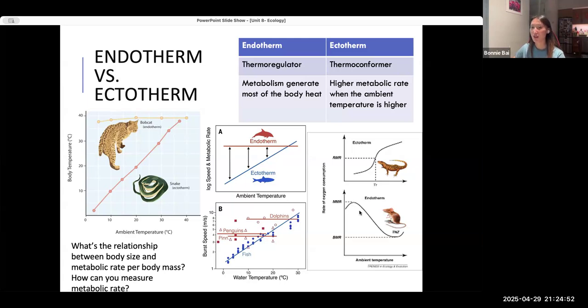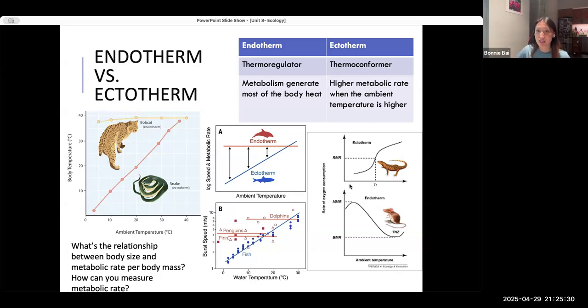We're looking at the metabolic rate, which is pretty important from previous units. Metabolic rate is how fast your body is working. How much are you putting out, and how are you able to measure that? You can measure the amount of carbon dioxide breathed out, or the amount of oxygen breathed in for most of these animals. Or you can measure the heart rate for anything that has a heart. So that tells you how much work the body is doing, how many chemical reactions are going on versus other times.